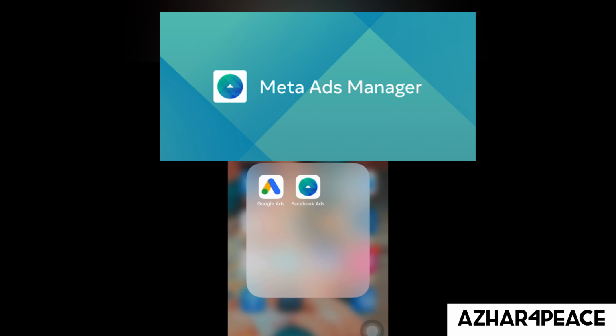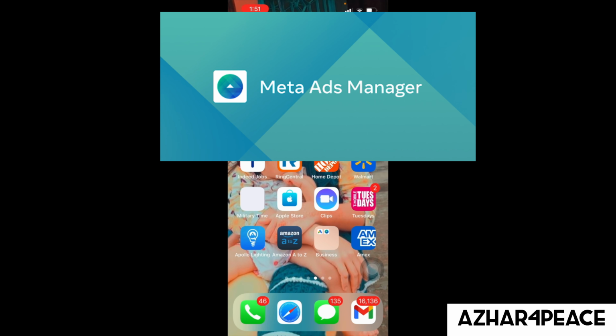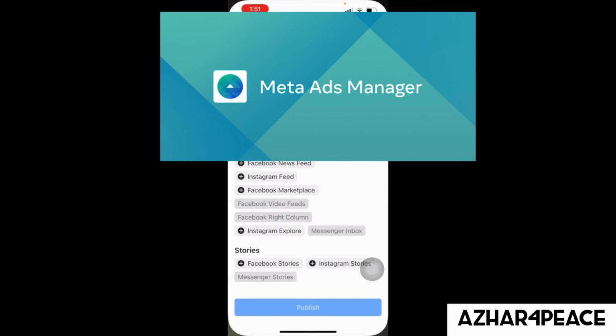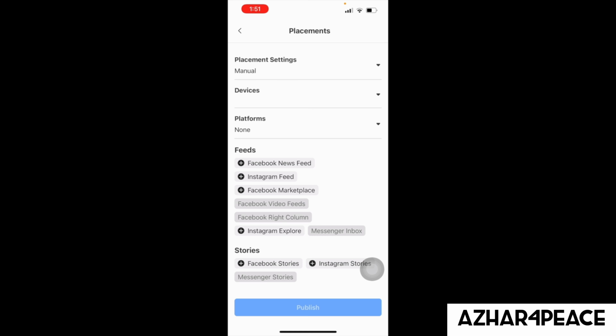It's called Facebook Ads, and it's available in the App Store, and in the Google Play Store, I believe. I'm kind of struggling sometimes, so I'm sorry about that. You can download that and then start running the app. It's really convenient and user friendly, and you can go through the app, or if you want detailed information, you can go through your desktop, laptop, or Apple MacBook, whatever you are using.